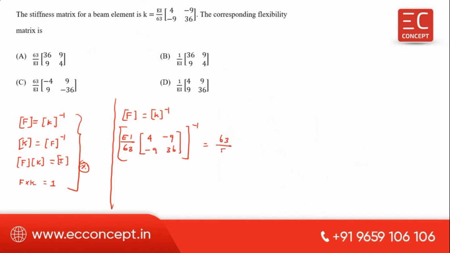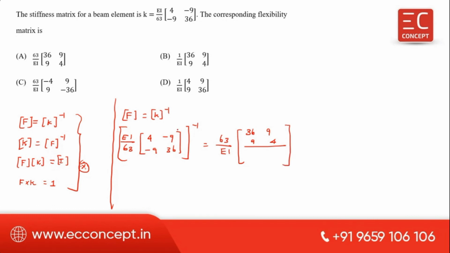You know the inverse of a 2 by 2 matrix: you have to interchange the diagonal elements 36 and 4 and change the sign of the off-diagonal 9 and 9, divided by the modulus of